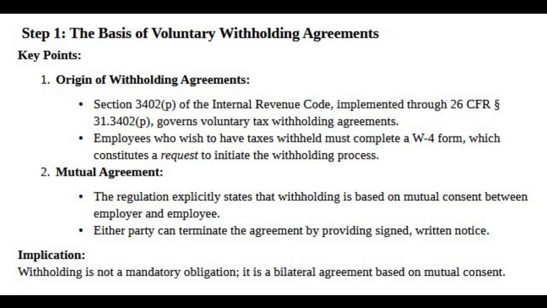Step 1. The basis of voluntary withholding agreements. Key points. Origin of withholding agreements. Section 3402(p) of the Internal Revenue Code, implemented through 26 CFR Section 31.3402(p), governs voluntary tax withholding agreements. Employees who wish to have taxes withheld must complete a W-4 form, which constitutes a request to initiate the withholding